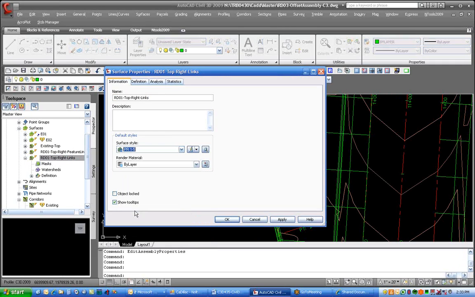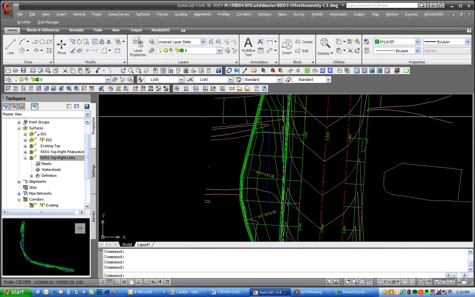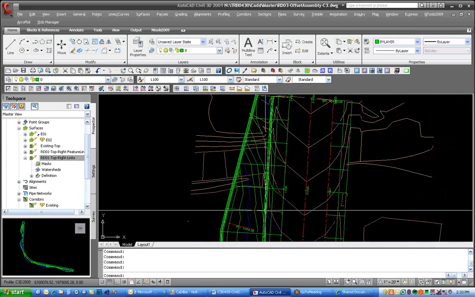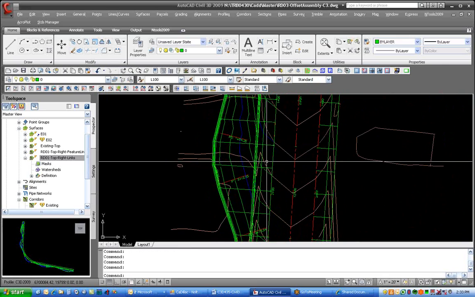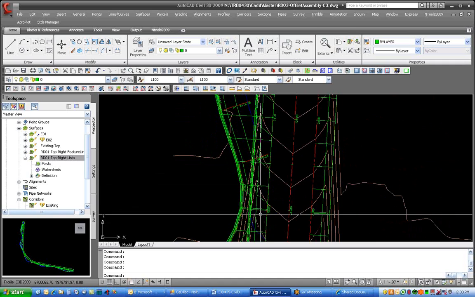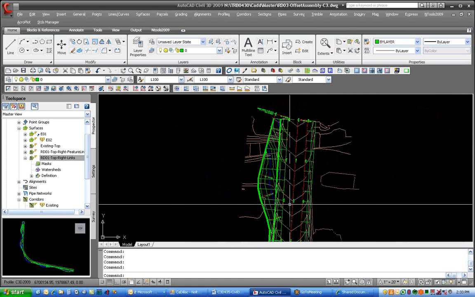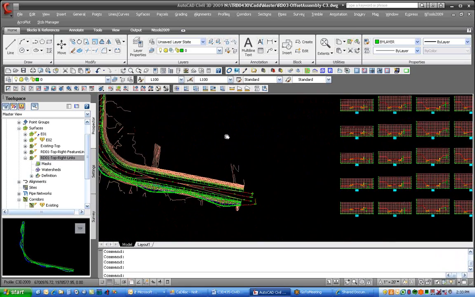So let's go back and turn contours on. Yeah, so you can see I've got a much better triangulation now on the slope here, because I don't have the links coming off the wall intersecting the links on the back of my barricade. So I was able to clean that up. So real nice. Let's look at a couple of the cross sections here